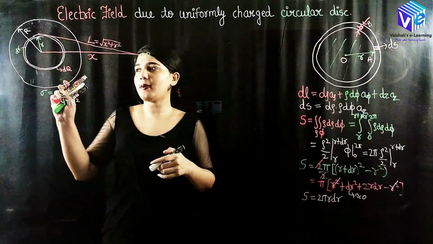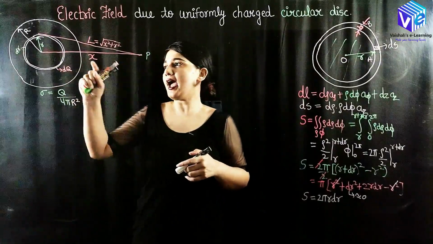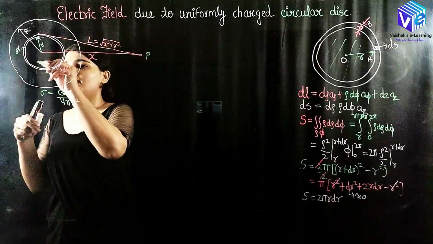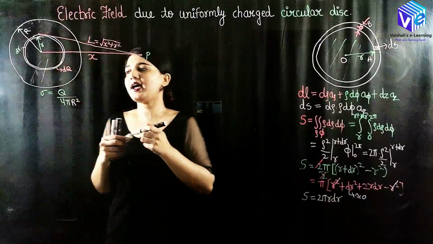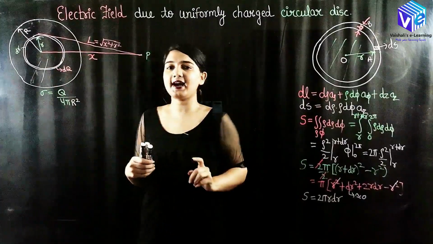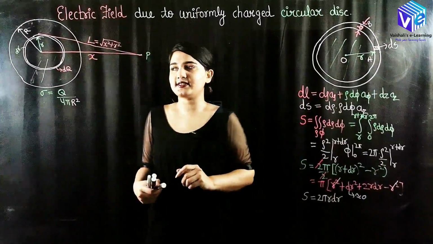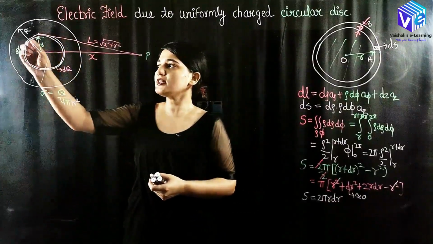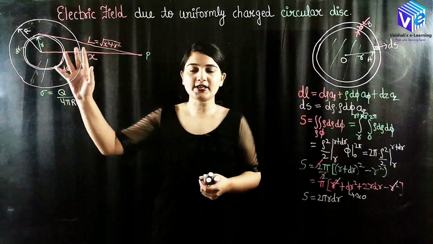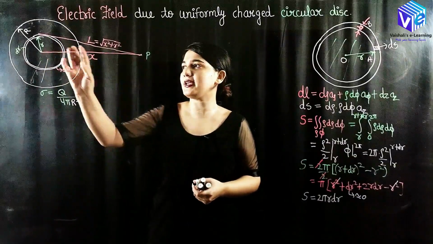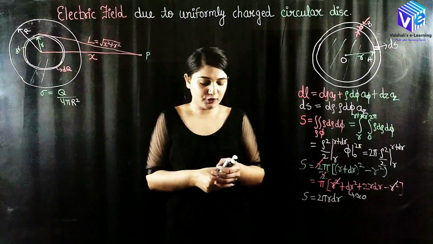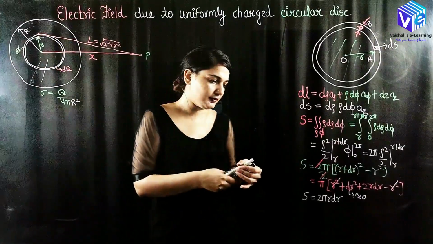Now if I talk about the point P and the electric field due to this disk, I have to find the electric field at the point P due to this disk. What I am doing here is taking small circular elements. I know the electric field at the point P if I have a circular element. I hope you remember it, I will write it down.